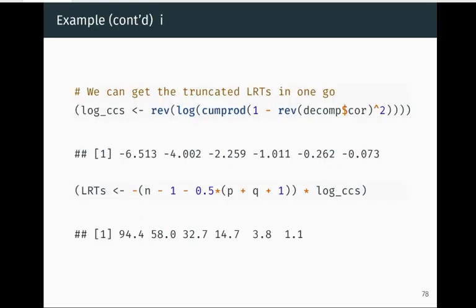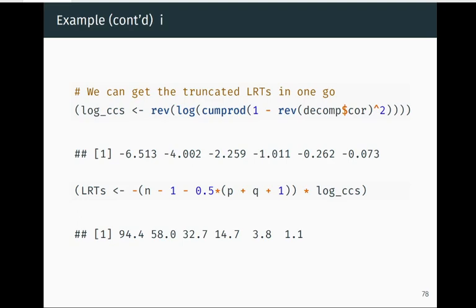So let's see how we can do this on the data set that we just analyzed. So we did reject the null hypothesis for independence. And so next we're going to check how many of these sequential null hypotheses we reject. The first line here computes the truncated likelihood ratio tests for all null hypotheses at the same time. And I'm doing this by taking the reverse of the canonical correlations. So instead of having the canonical correlations ordered from 1 to p, they're ordered from p to 1,